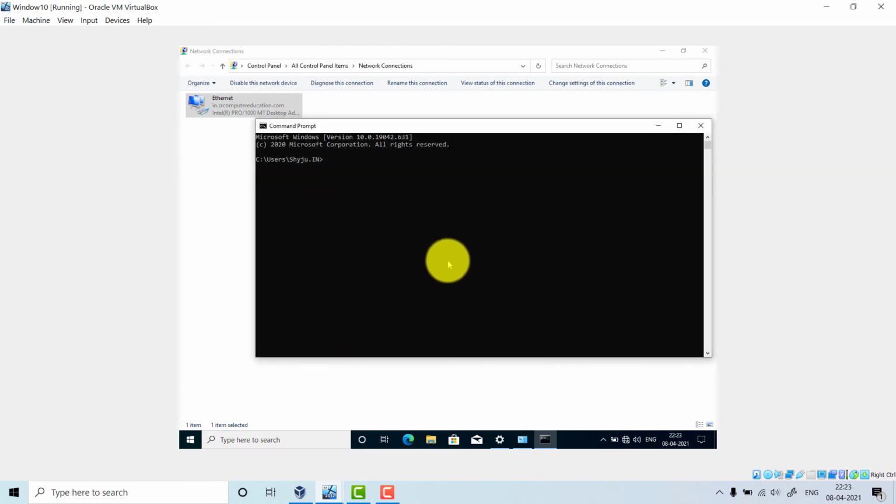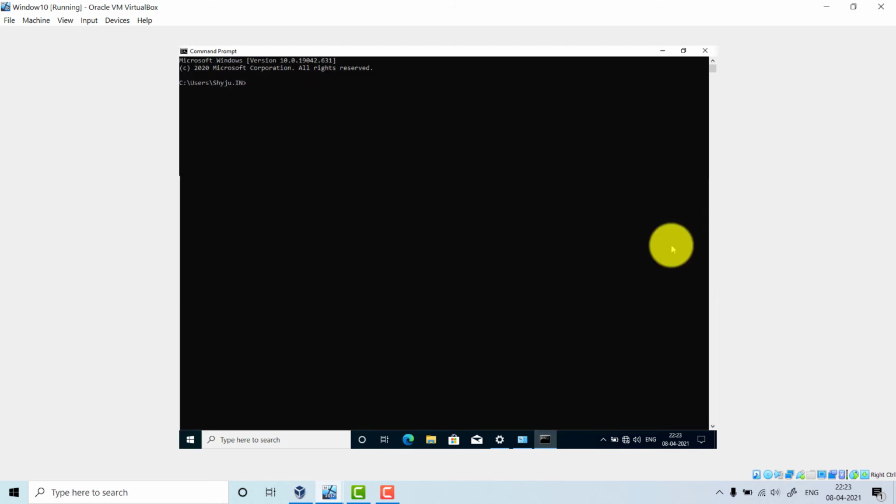Then you have to run the command. The name of the command is NBTSTAT. Now what is this NBTSTAT? Students, I am going to upload a separate video in which I will explore this command in great depth. For the time being, I will just give a brief introduction. NBTSTAT is the command that gives information about NetBIOS. NBT stands for NetBIOS over TCP/IP, and STAT is statistics.